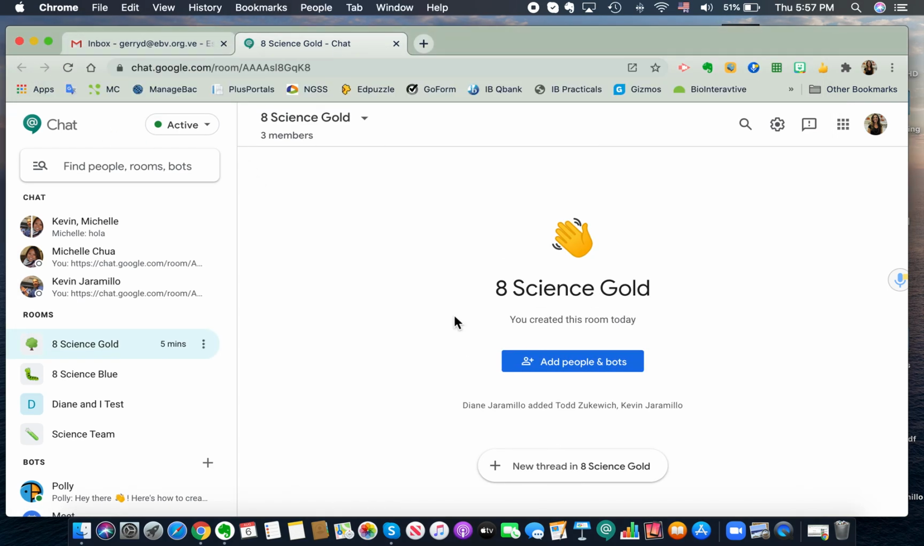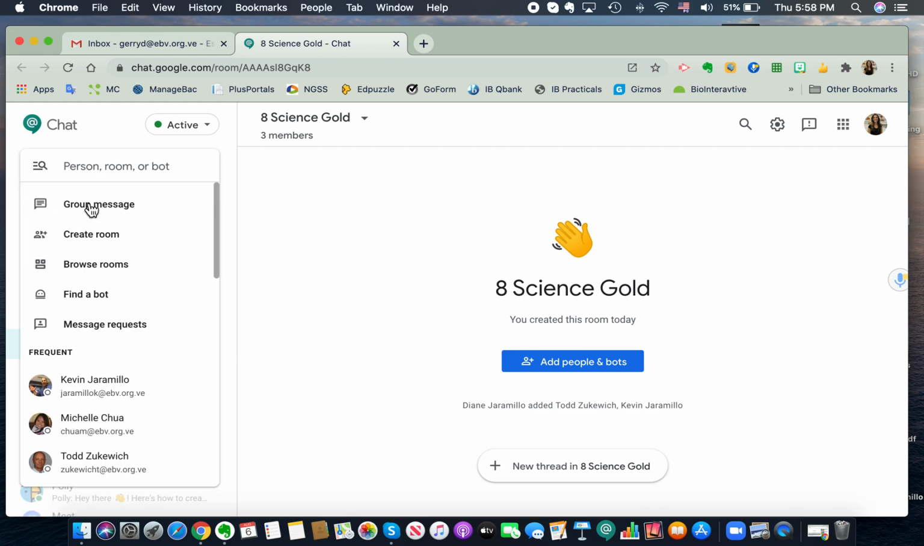So let's get started on making our rooms. So for this year, we are going to use rooms with our students. It's important that you make a room and not a group chat. So the way you're going to do that is by coming up here to this search bar, and if you click in it, these options will appear. So then you're going to create a room,